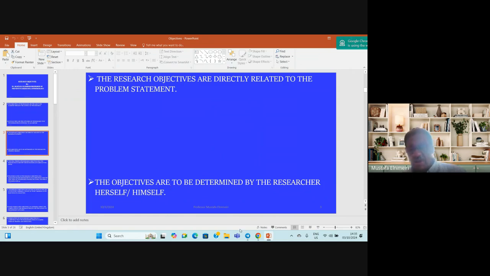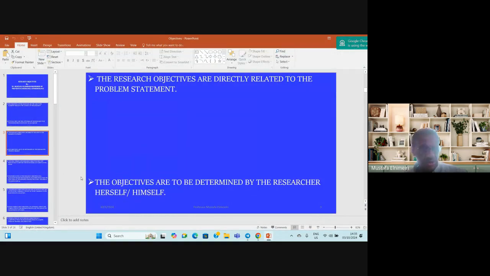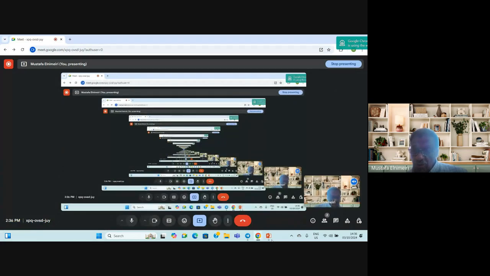The objectives are to be determined by the researcher himself or herself. In other words, the researcher should decide what sort of objectives he is intending to accomplish or achieve through the conduct of the research project. Well-formulated research objectives help the researcher to identify the boundaries and the limits of the study. When you determine exactly what sort of aims you are trying to accomplish, in this way you are limiting yourself to what exactly you are trying to accomplish after you finish the study